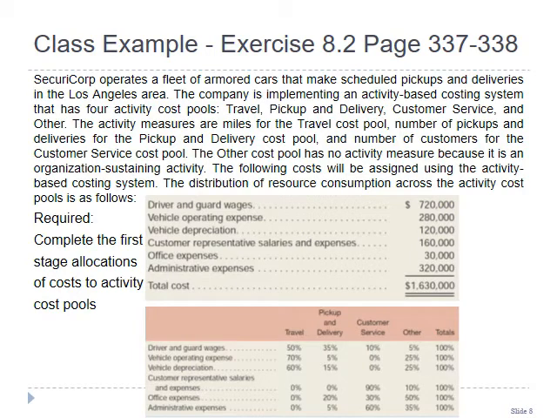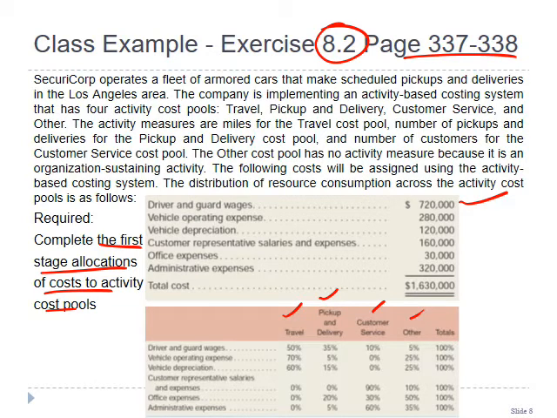Again, to further understand our first stage allocation, I have pasted exercise 8.2, and it's page 337 to 338 on your book chapter. So I'm just giving you 5 minutes to read all this information, and then we're going to start looking at the requirement of first stage allocation. Okay, this is the company's data. Company has divided its activity based costing into 5 activity cost pools, and the segregation of the data is given as